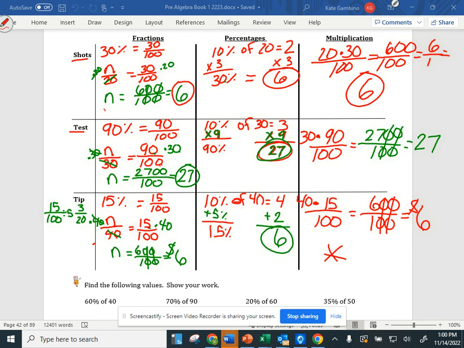So this way and this way were easy for us to use to find that tip. The middle way wasn't quite as easy. Does that make sense? So,